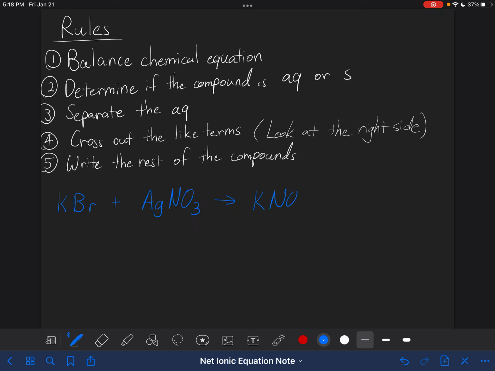So we don't actually have to balance this one because it's already balanced, but if we check the solubility chart, you'll figure out that this is AQ, this is AQ, this is AQ, and this is AQ as well. What is that supposed to mean? Well, if we separate these,